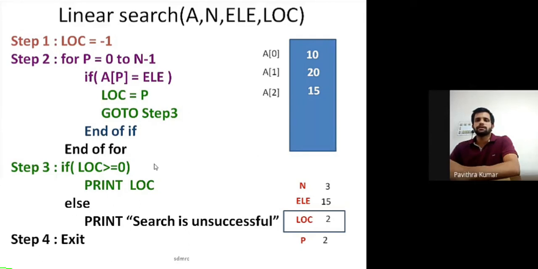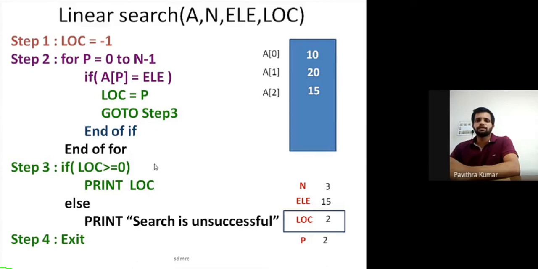So searching is nothing but finding the location. We got the location. I'm going to print. As the if statement is executed, the else statement is going to be ignored. I'm directly jumping into step number 4, that is exit. I have already found the location value. I'm done with my operation. I have nothing else to do. I'm going to terminate the operation. So step number 4 is going to be executed. That is exit. So this is about the linear search algorithm.